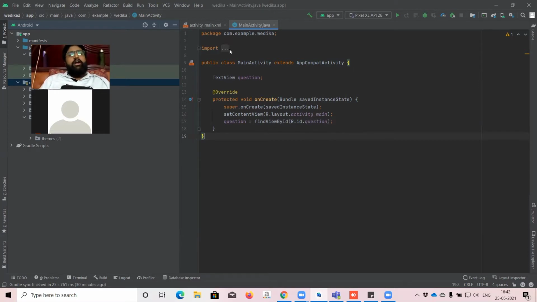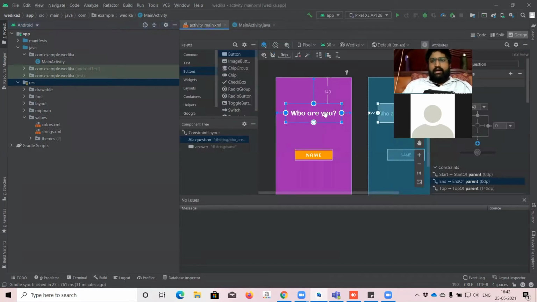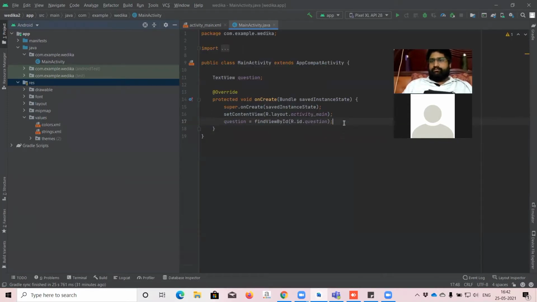R is the resource folder, so that is the reason we are mentioning r, and we just want to find the identity. So r dot id, here the ID is question. So we are mentioning question. That's it. As simple as that. The text view part is completed.